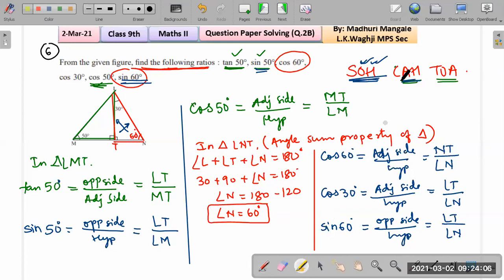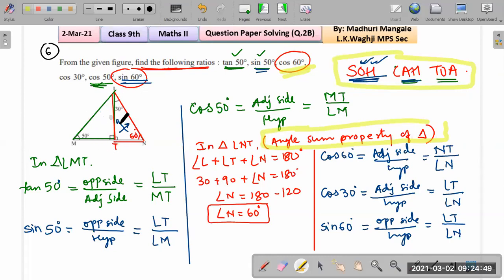Okay, so for this question, which was of 3 marks, you had to know only two things. First was these three formulas, and then the second thing, that's angle sum property, sum of all angles is 180 degrees. So if you're asked for some angle which is not seen in the diagram, you should know that taking the sum of the angles of that triangle, you can find the unknown angle. Okay, fine. And you can also remember this is a 30, 60, 90 triangle. So there are two types of 90-degree triangles. One can be 30, 60 degree, or it can be 45, 45, 90 degree, right?